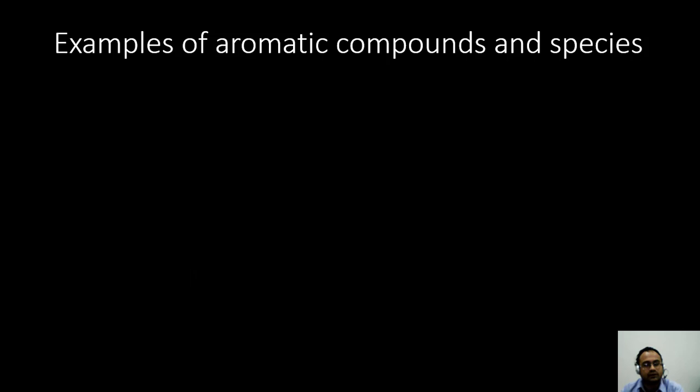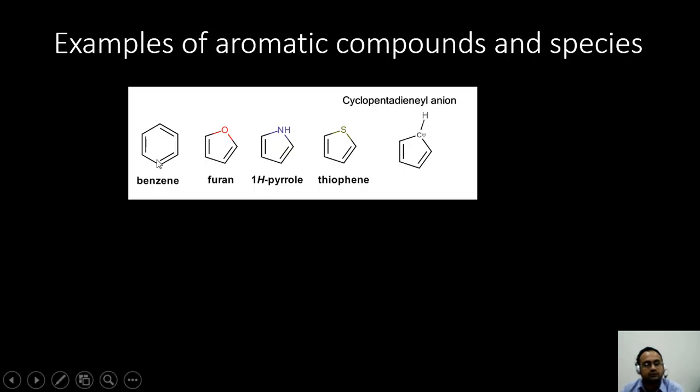So let us take a look at this. Benzene we know is aromatic because it has 4n plus 2, that is 6 pi electrons in the ring. Furan, if you count 2 from this double bond, 2 from this double bond, and 1 lone pair from this oxygen atom, will constitute the conjugated ring system, and that 6 also satisfies the equation 4n plus 2. Therefore, furan and similarly pyrrole and thiophene can also be declared as aromatic. Now let us take a look at this